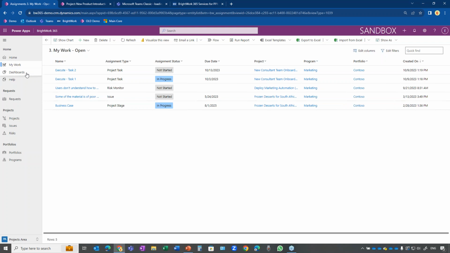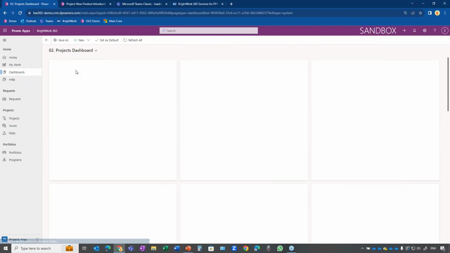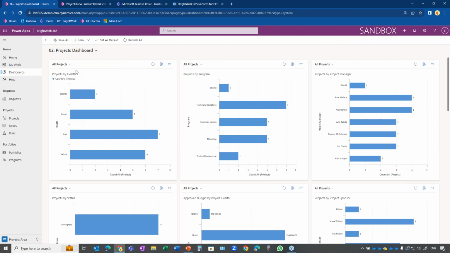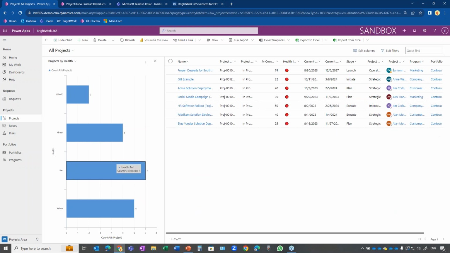And perhaps your third focus on a start might be a set of dashboards. You might not even go for the Power BI ones to begin with. Of course you can, because they're there out of the box, but you might go with something simple like these Power Apps dashboards. For example, if I click on these projects by health, and I just click the ones that are red because I'm a senior manager and I want to manage by exception, then I'm straight into those. And